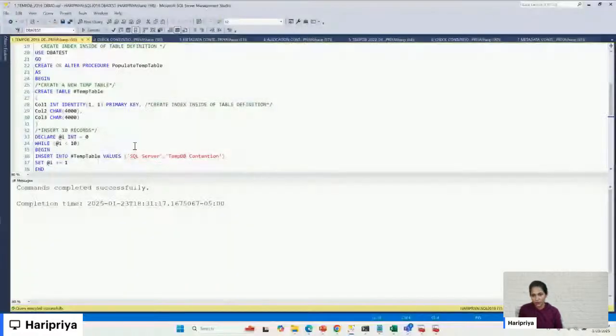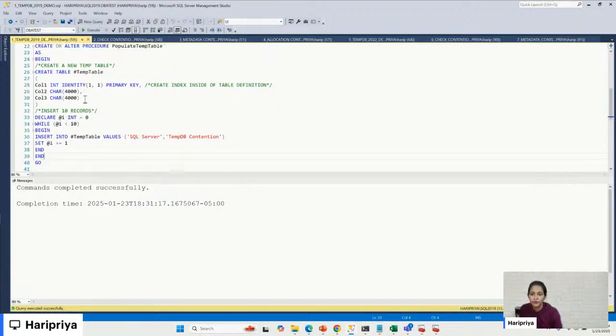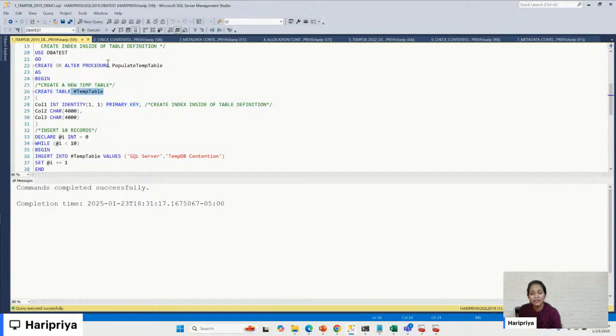What we have to first check is our stored procedure, how it looks. Are we able to cache it? For example, the few rules that we discussed. We are not dropping our temp table at the end of the stored procedure, so that's good. And we are creating the primary key within the table definition, so that's again good. And we are wrapping this temp table inside the stored procedure. That is good too. So these are the few things that I want you to check whenever you see metadata contention. Even after doing these things, you will still have some metadata contention, which you can resolve by using